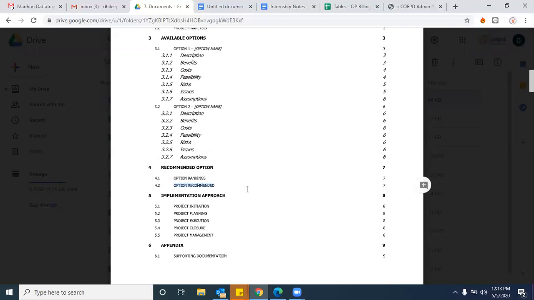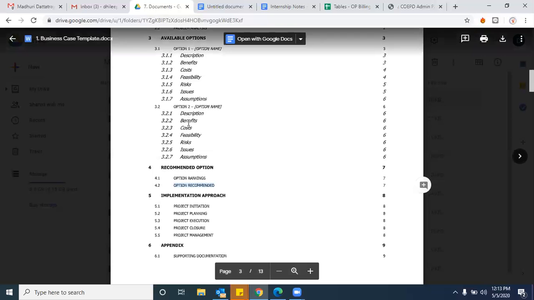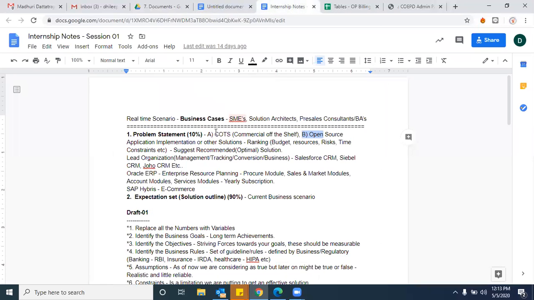And ultimately, do remember one point here, this is just a recommended option. The client may not choose the same option which you recommend. It's ultimately the client's wish. Once you provide multiple solutions, from his point of view, he may go with any solution. For example, I came across one situation when we were working on COTS and open source. Initially, the client decided to go with COTS for the first 1 or 2 years until the open source application had been implemented. Because first of all, he wants to run his business. That is his point.